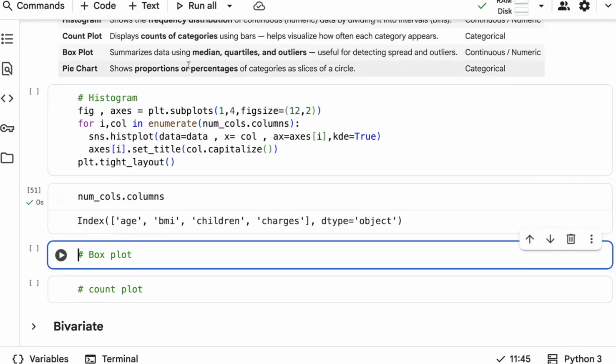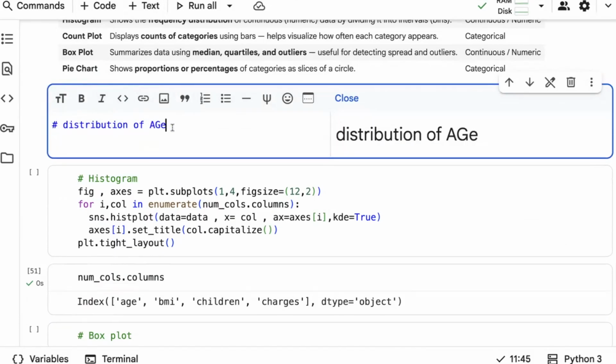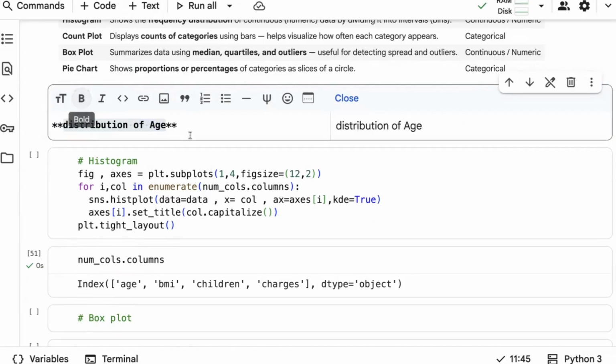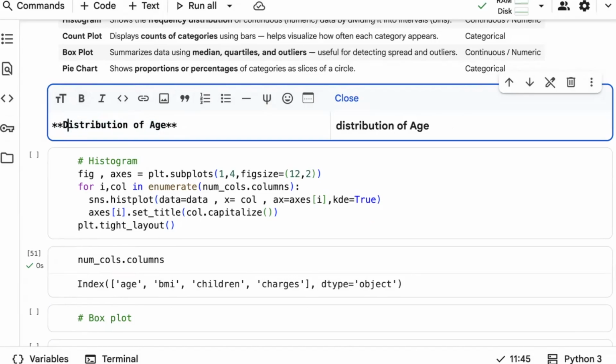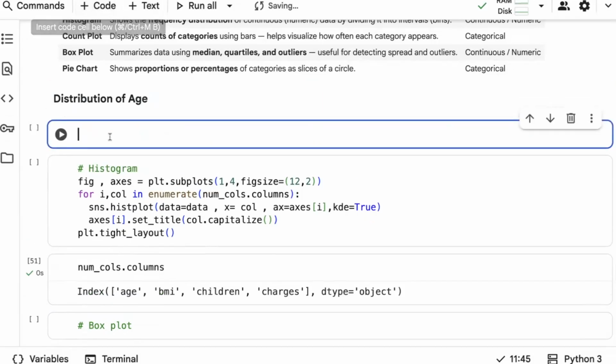People can do it individually as well. Let's say for example you want to find the distribution of age. Like that you can do individually, and also you can write insights. Or else, if instead of doing it individually, you want to try it with all columns at a time, then you can just go with a for loop. If you want to try with one single graph, then you can just use it like this.